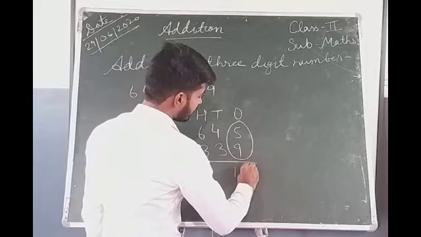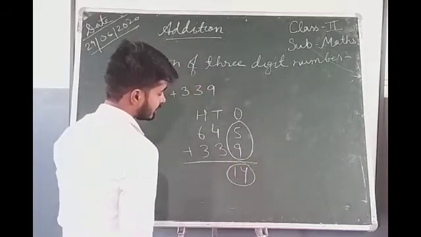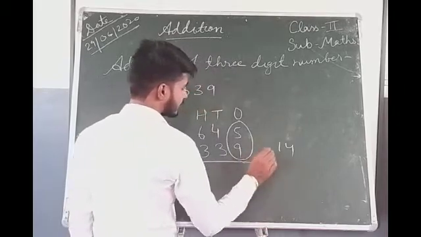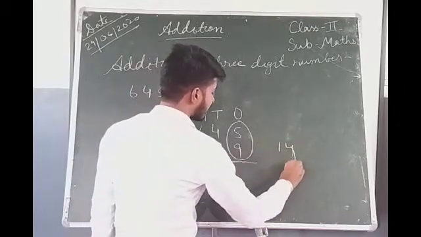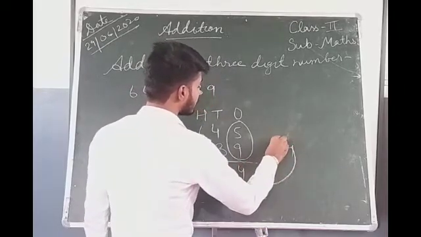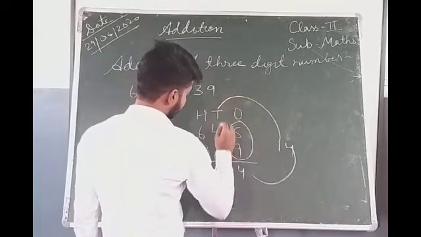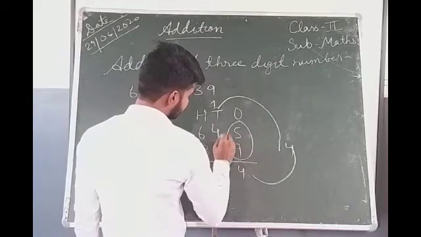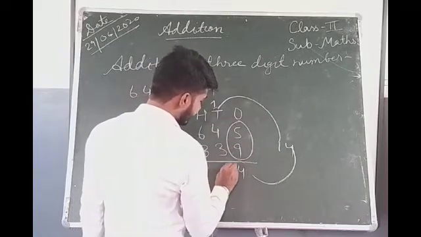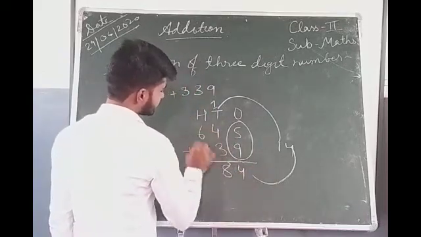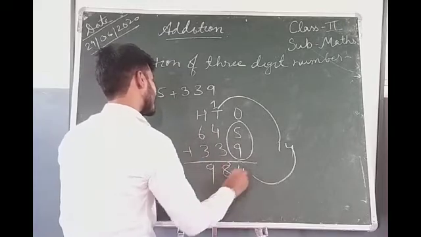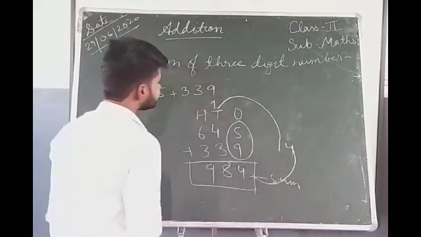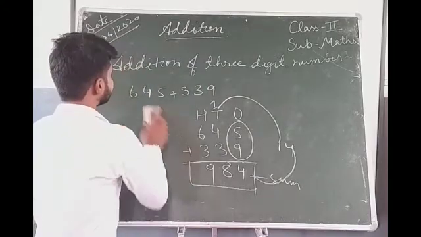Again we will write 14 there, but we can't write this 14 here. Then this 4 will come here, and this 1 will go in the tens place. Again we will write the 1 in the tens place. Again 4 plus 3 is equal to 7, and 7 plus 1, that is 8. And there is no carry. So again 6 plus 3, that is simply 9. So this is your result, that is the sum. Next we will take one more example.